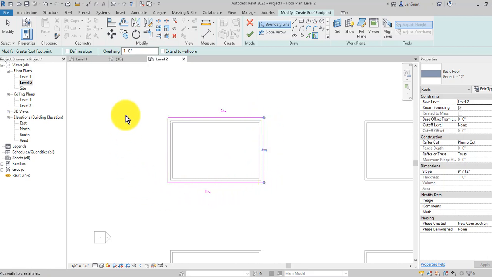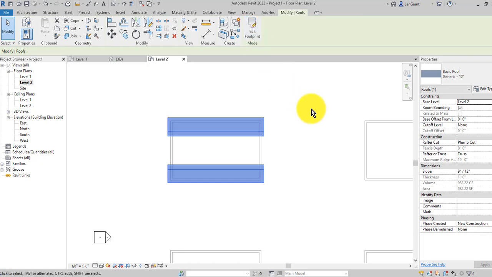That's my basic gable end. And in fact, you can take a look over here in the Properties and see that the slope is a 9/12. So you can always change the pitch, the slope, to something a little bit less steep, like a 6/12 or 8/12, whatever that might be. Okay, so now if I pick the green check mark,